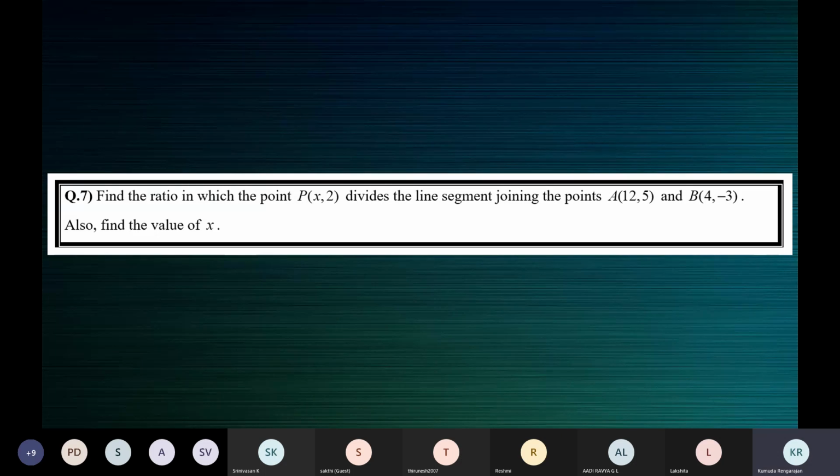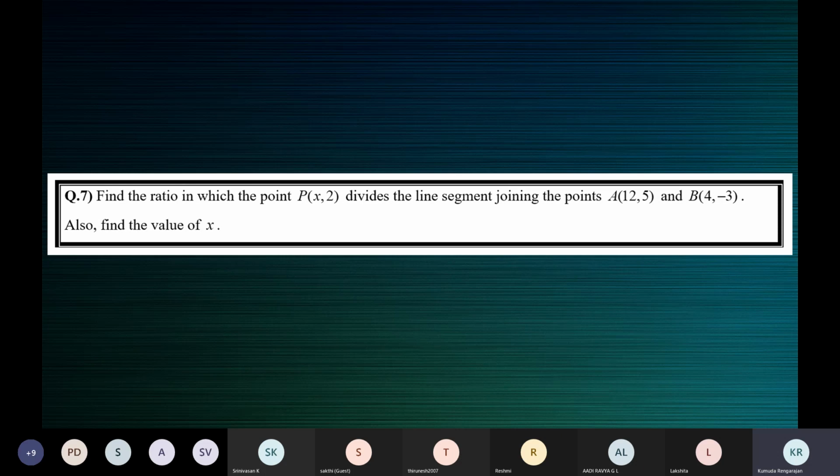Find the ratio in which the point P given by (x, 2). So the point P is the point of division, and we don't know the x coordinate of P. Well, we know the y coordinate of P, that is 2. So we are happy to find the ratio. We need any one of the two. We can find the ratio using the x coordinate of the point of division or the y coordinate of the point of division. And here we know the y coordinate, so we are happy. X is not known, but we have y. Y is 2. With the help of 2, we can find the ratio.